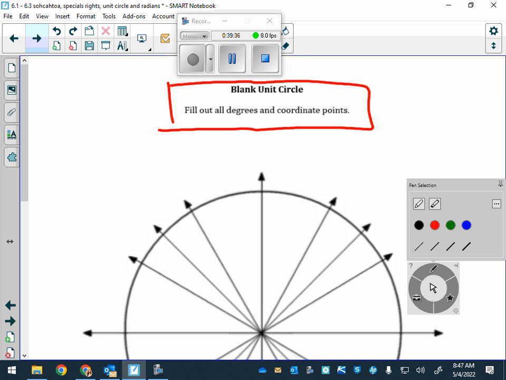Awesome, awesome, awesome job today, you guys. Make sure I get the color